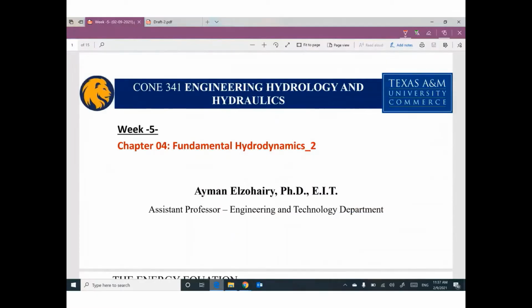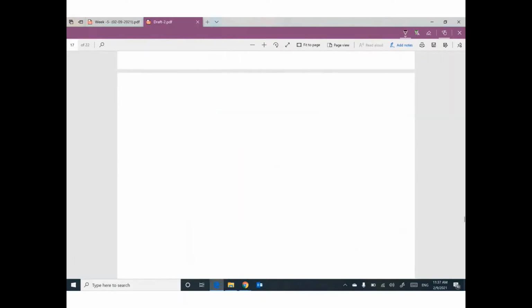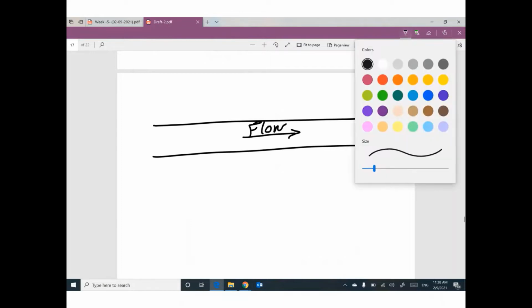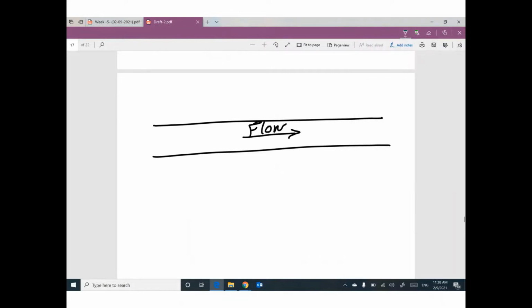Today, I will continue the fundamental hydrodynamics, but just to remind you of something. Last meeting, we decided that if we have a pipeline and we have flow of water, based on the continuity equation, if you have section number 1, probably in a city like Commerce, and section number 2 in another city like Greenville,